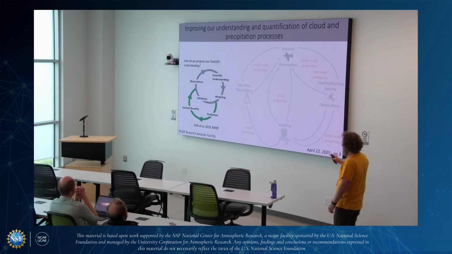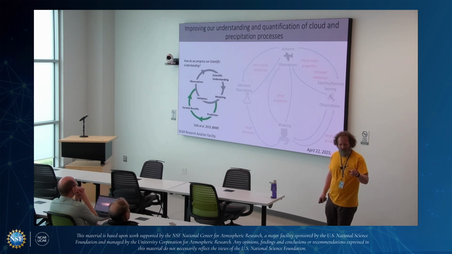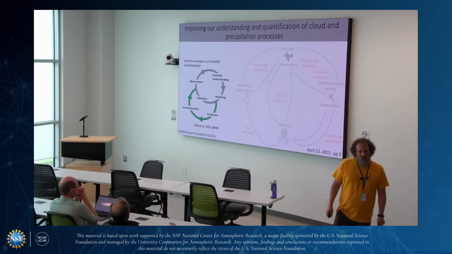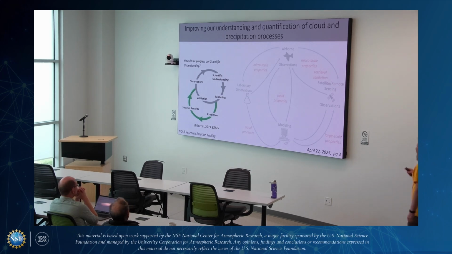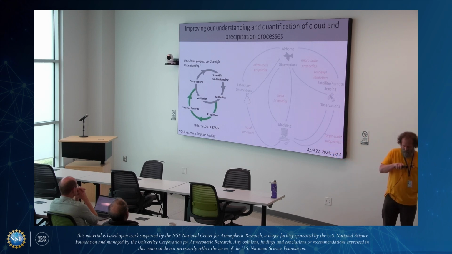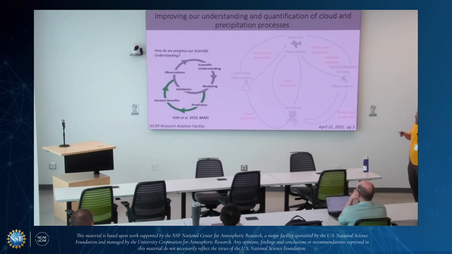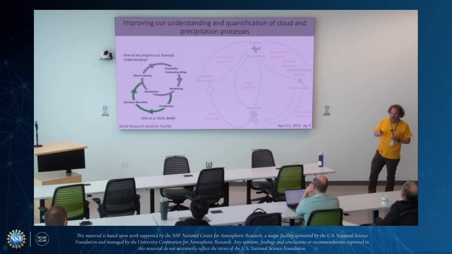And this came from a BAMS article in 2019, which I believe was like the 50-year anniversary or 100-year anniversary. It's actually monographs. Yeah. That's right. Okay. So I like the diagram because it sort of describes this unending circle of science understanding and development, where you can start it anywhere on the circle, but I like to start with the observations, and we go out and we make some observations of clouds or whatever properties that we're interested in,